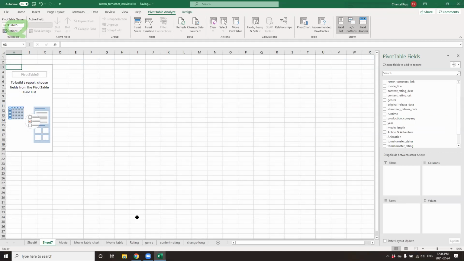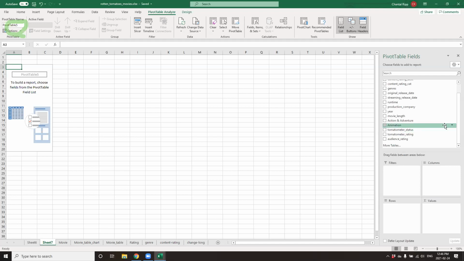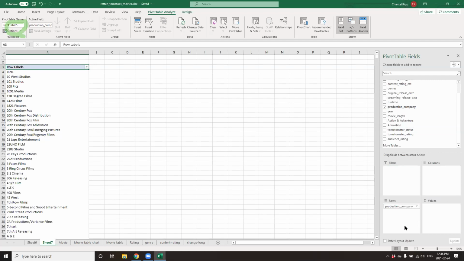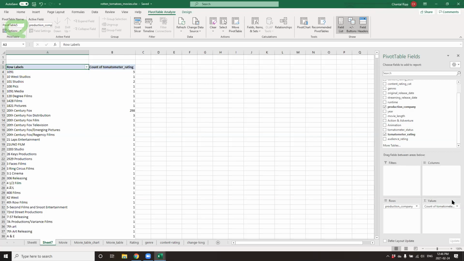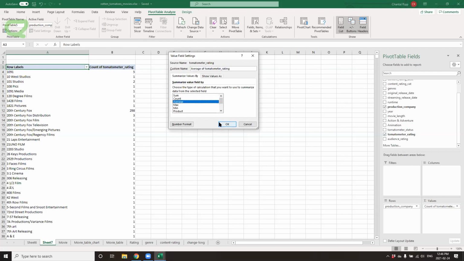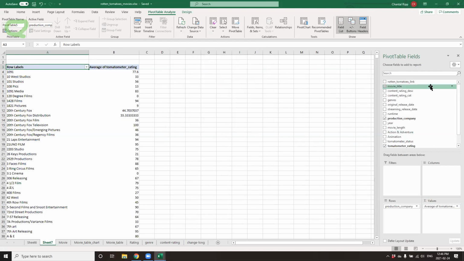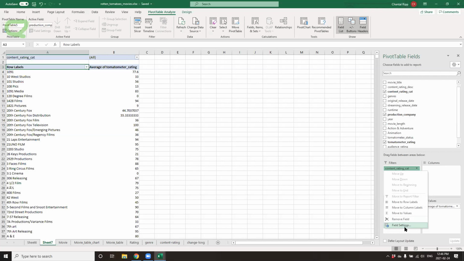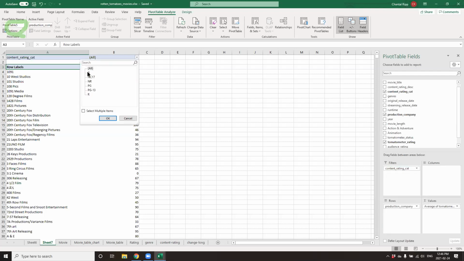I'm going to create a new worksheet, bring in my movies, and here's actually where you can play with pivot tables given the time and look at how it does aggregating and creating tabulations of your data. So just as a quick reference, I'm interested in knowing by production company, and there are a lot, what the average tomato rating is, what are their values. Right now I have a count. I'm going to modify that to come back as an average. I can even apply a filter because I'm not interested in movies that are rated R. Let's define the filter up here for just PG, why not?